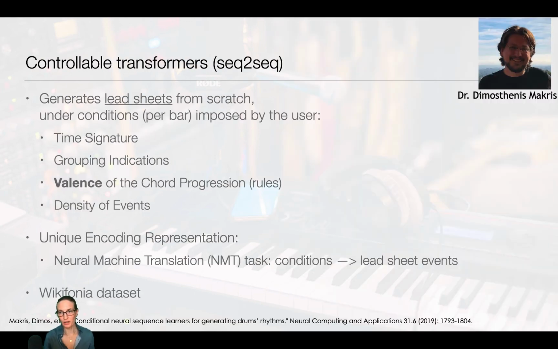So my postdoc, Dimos Makris, created this lead sheet generator, which is controllable through a unique encoding representation. It's event-based. The user only feeds it time signature, valence, key, etc., your controllable parameters. And it's treated as a neural machine translation task. So it basically translates the conditions into actual lead sheet events.